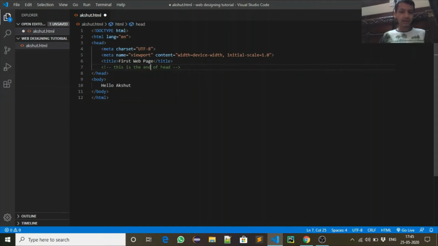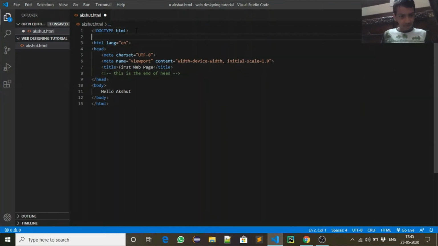So it will be a comment, and the person who is seeing the code will be able to see that this tag is the end of the head tag. So let me write some more comments.